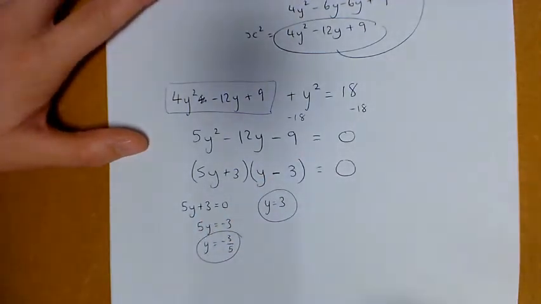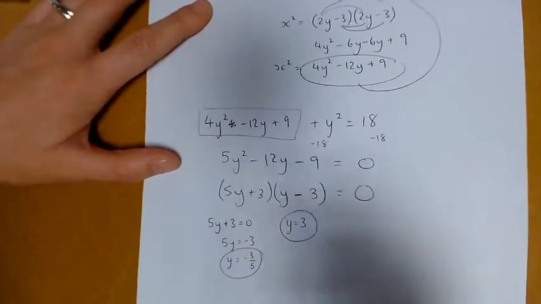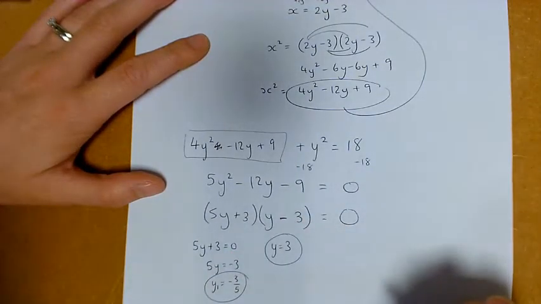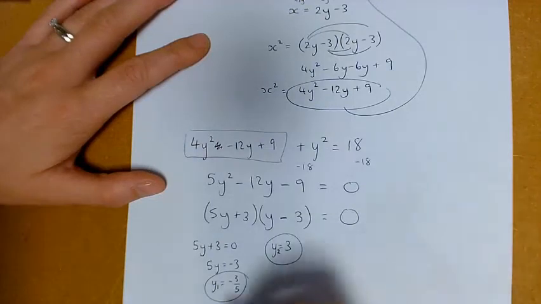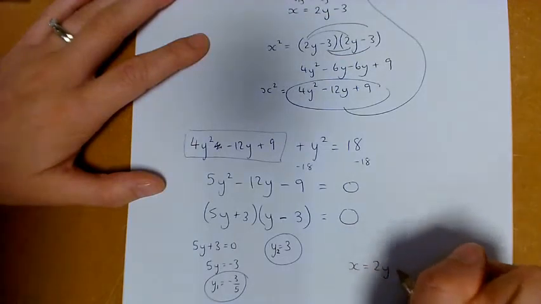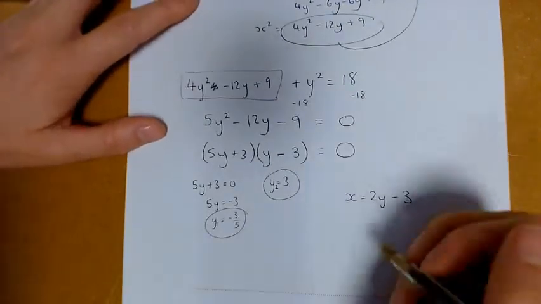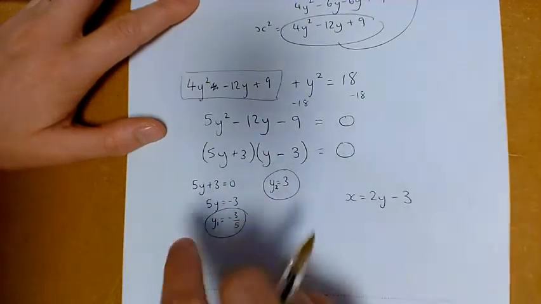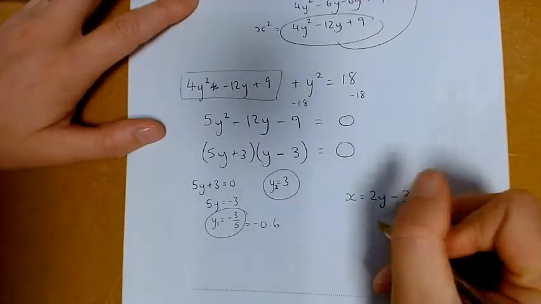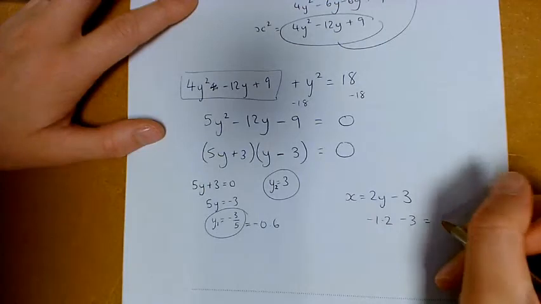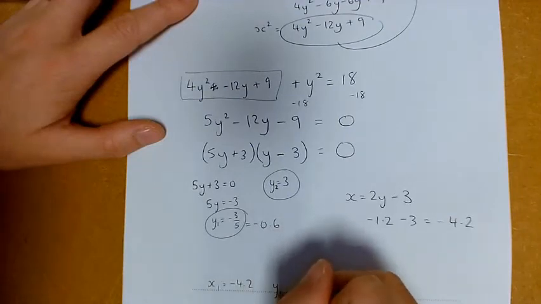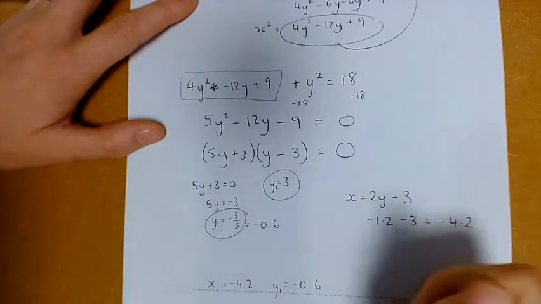We now just need to substitute that back in. We know, we wrote it at the top, up here, that x is 2 lots of y, take away 3. I'm going to call this one y number 1, and I'm going to call this one y number 2. So when y is minus 3/5, I know that x is 2y, take away 3. I got that from the top. So I'm going to do 2 lots of this. So this is also minus 0.6. That makes it a little bit easier. Double that is minus 1.2. Take away 3 is minus 4.2. So when x1 is minus 4.2, y1 is minus 0.6, and then when